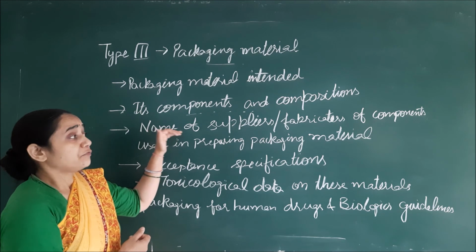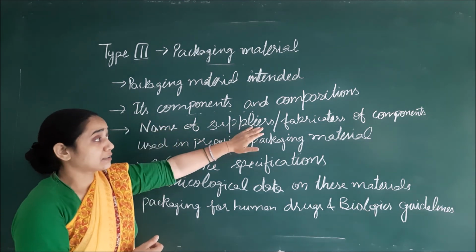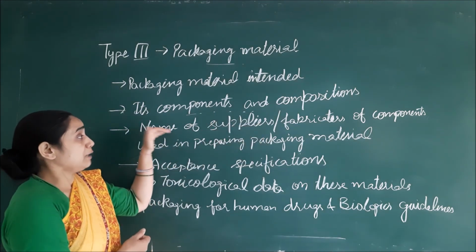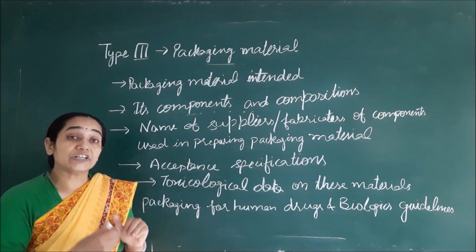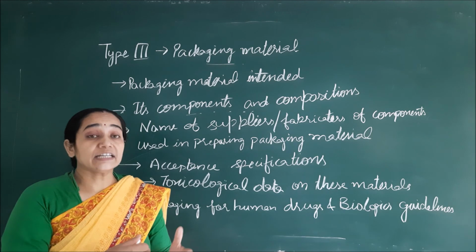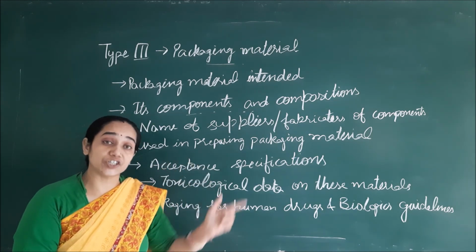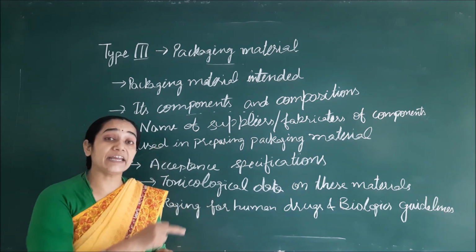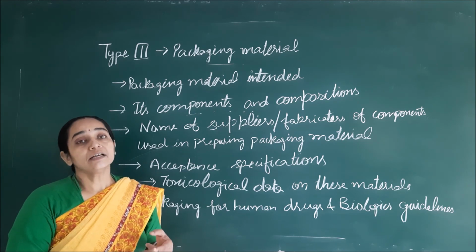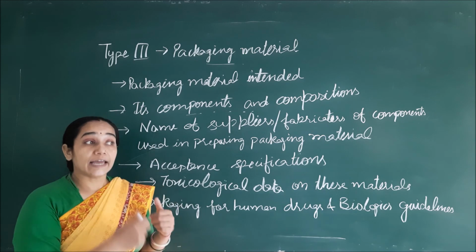So if the pharma industry has used components which are supplied by another firm, then the name of the supplier is needed. There may be a probability that some intermediary channel is there for the supply of this content, so who was the supplier of those packaging materials and who has fabricated them? There is a possibility that the fabricator and supplier may be a single entity, or they may be two different entities.